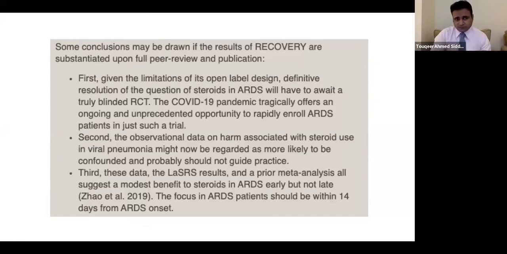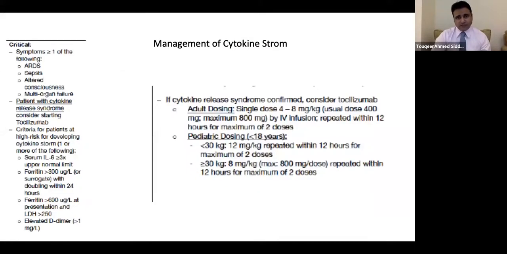I talked about cytokine storm, and we do COVID bloods on admission, and then we do COVID bloods at 72 hours. If things are not progressing well, we do it earlier. We check interleukin-6. Now, most of the centers don't get results back quickly. We check ferritin, and we check LDH, we check D-dimer, and if the ferritin is greater than 600, or doubling, LDH is raised more than 250, D-dimer is raised,